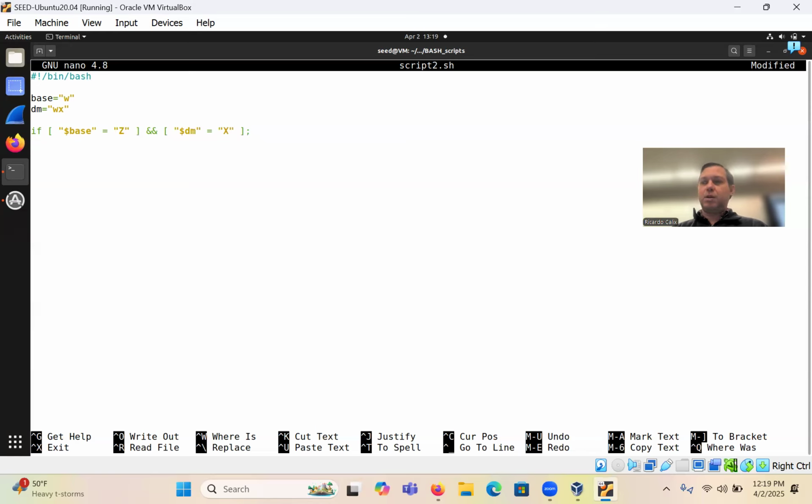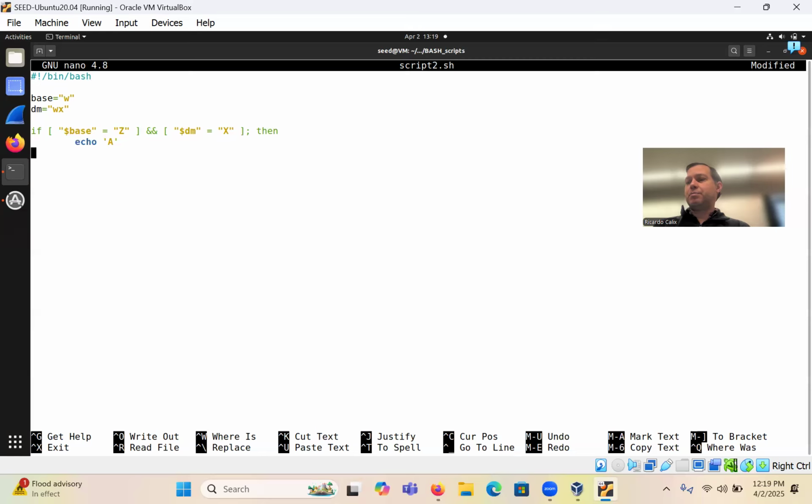Then you use a semicolon, and we can use the word then. So this is one way of doing if statements in bash. All right. And then after that, indentation is not so critical here. So then you can just do echo, single quotes. So if both of these match, then it's going to print A, essentially. It's just some logic I'm adding. Notice that, as I said before, in bash you can just use the Linux commands exactly as you would use them on the terminal. So that's one of the advantages of this.